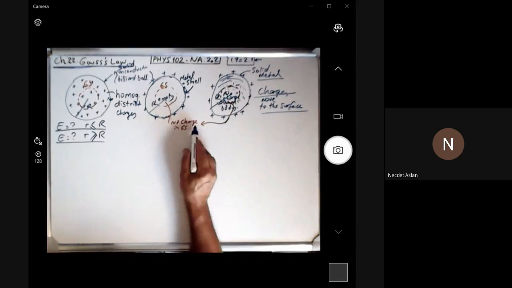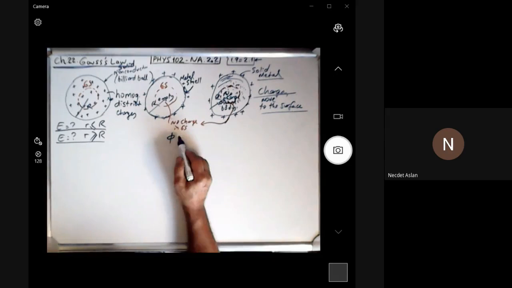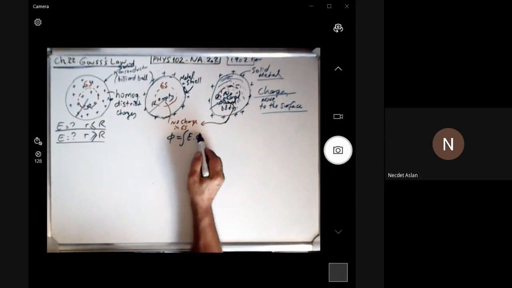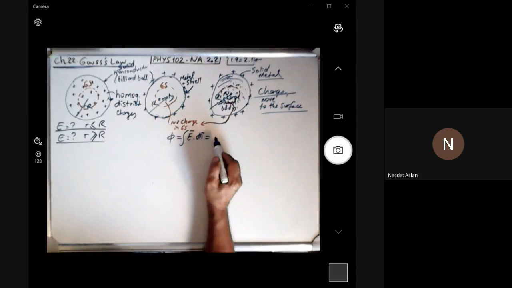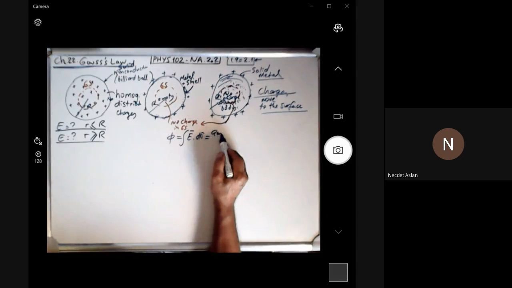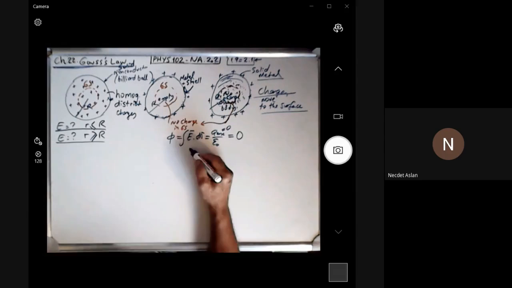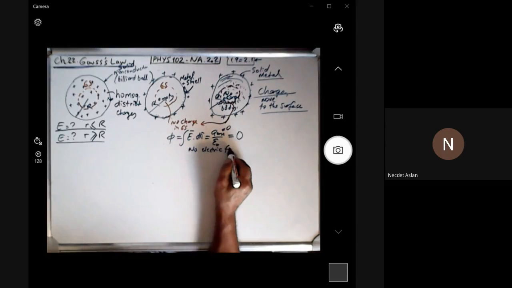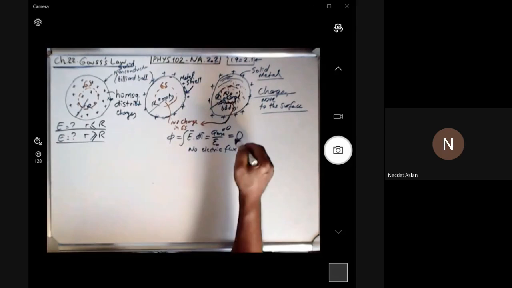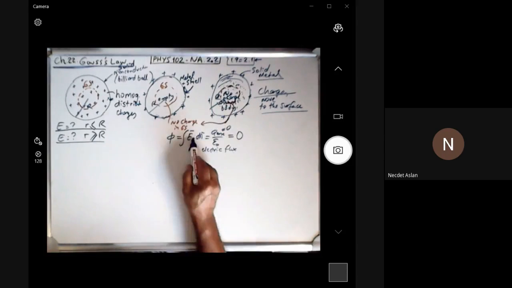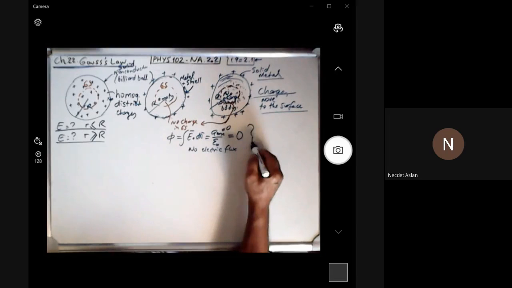In this case, because there is no charge in the Gaussian surface, the flux, which is the integral of E dA, will be equal to Q enclosed over epsilon 0, remember? But this is equal to 0, so it's 0 totally. No flux, no electric flux. In this case, if we use this to solve for the electric field, we find that